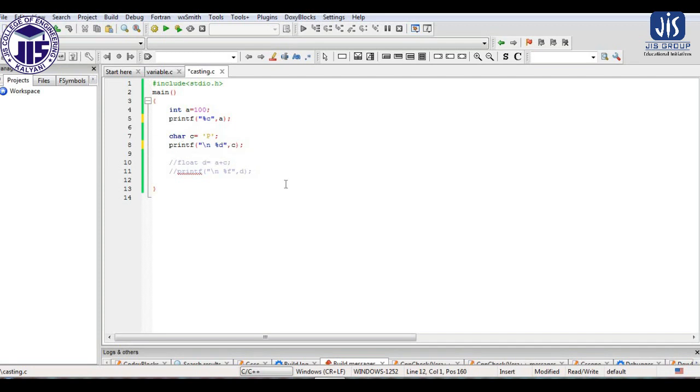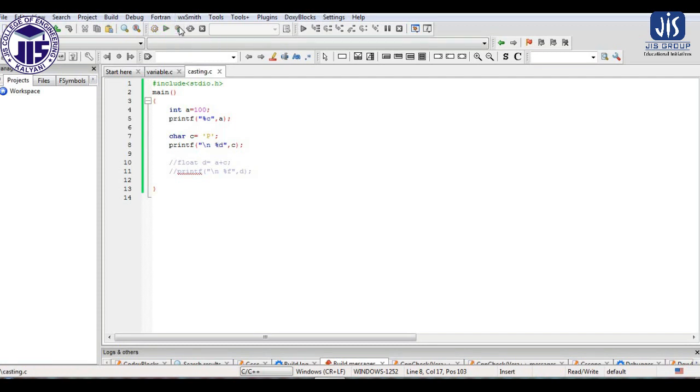Now generally, theoretically it should be wrong. We can say it is a wrong execution, because the variable we have taken as an integer is printed using %c, or the variable we have taken as a character is printed using %d, which is logically not possible.